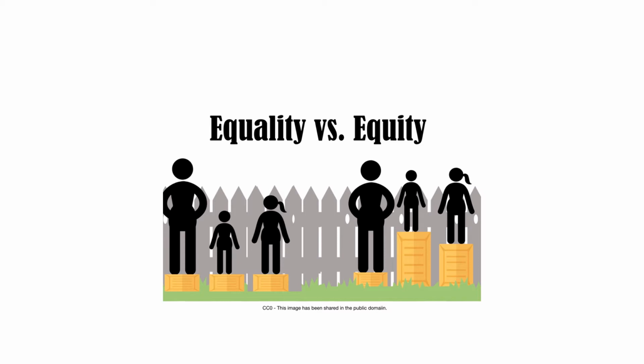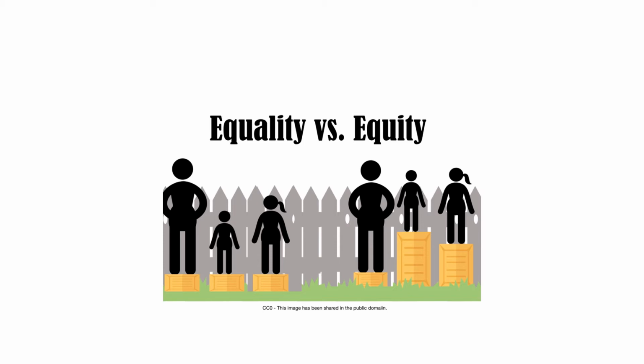So in this picture, we have some people standing behind a fence on some boxes. Now on the left, equality is represented. Everybody has the same height of box, even though some of them are still too short to see over the fence and some of them are tall enough to see over the fence. Everything is equal. In the second example on the right, we have the same people with different heights of boxes